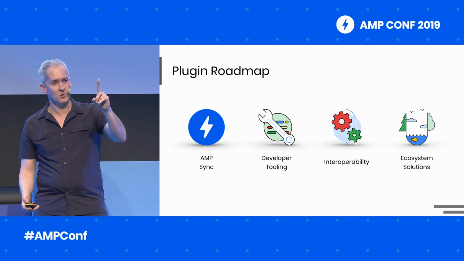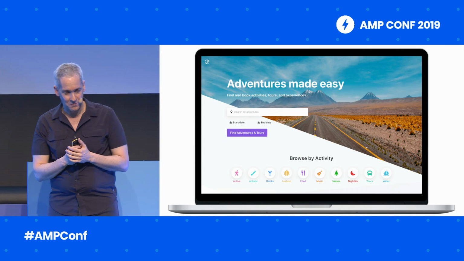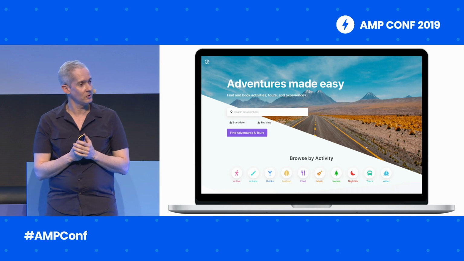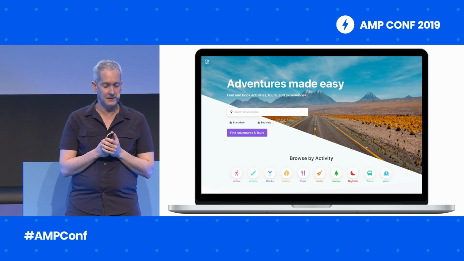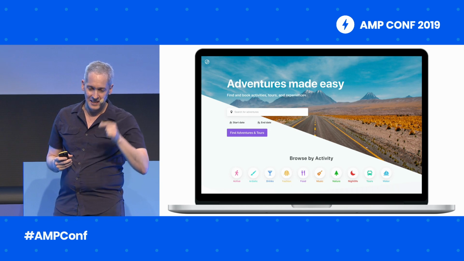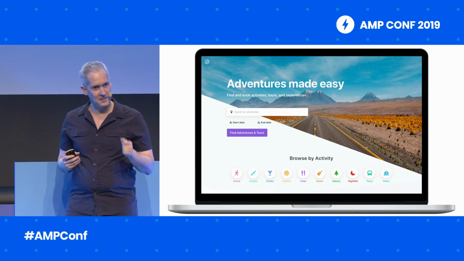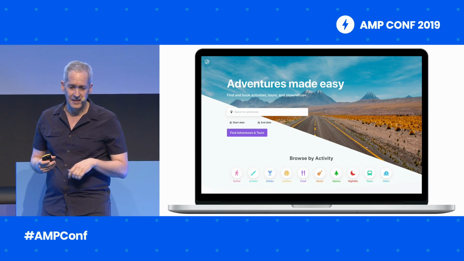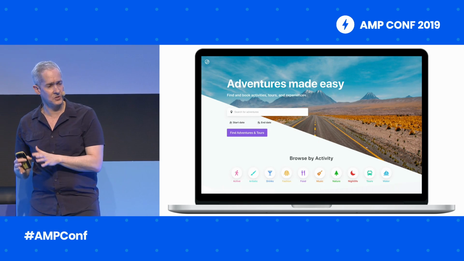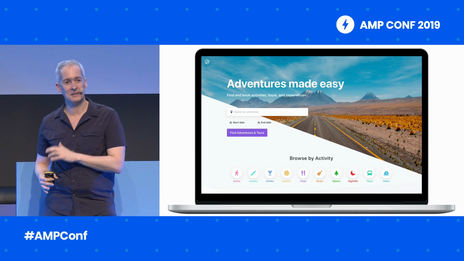And one more thing. Yesterday, you saw from Hon and John the awesome progress that has been made by the AMP Stories team. And I'm very excited to announce that AMP Stories are coming to WordPress natively via a new capability of the AMP plugin that allows you to create fully featured AMP stories, taking advantage of all the content management capabilities of